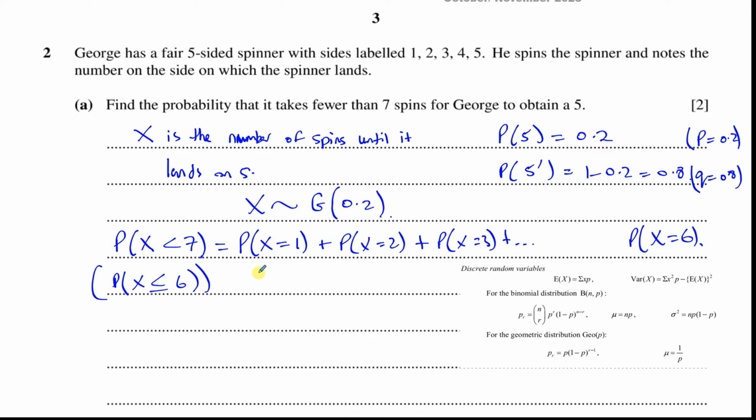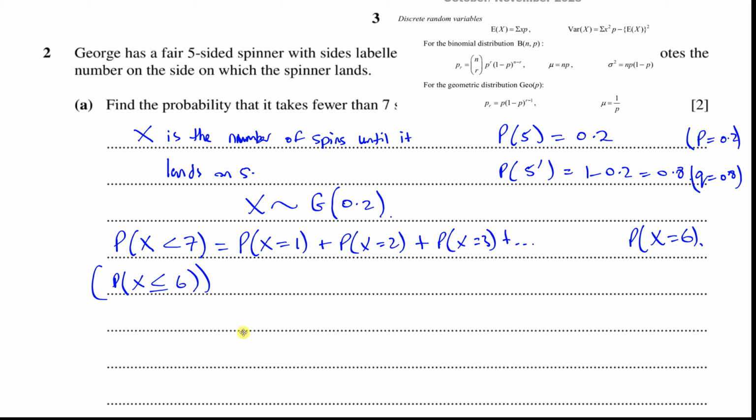So for us to do this properly, in this particular way, which I'm not going to actually do, but I'll just show you how to start it. The probability that it lands on a 1 would just be the probability of success, which would be 0.2. Plus, here you'd have the probability of failure first and then success. And here you'd have probability of failure twice and then success. All right, and then all the way to,